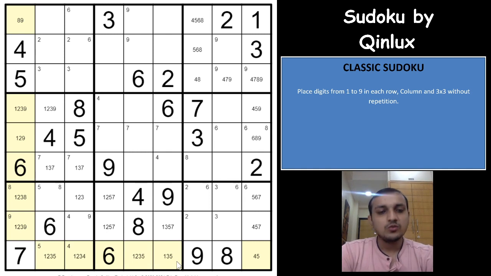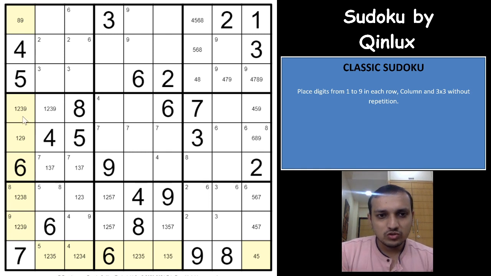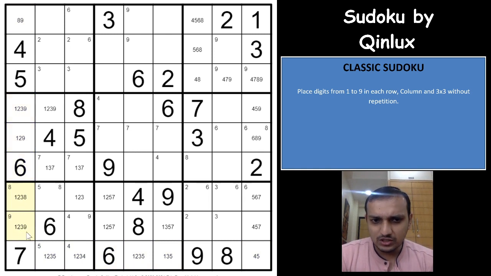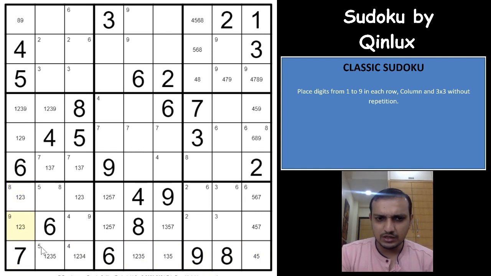Wow, guys, what an excellent logic this is. So 1 2 3 would have to be in these 4 cells, right? And both 1 2 3 cannot be in these two cells, because then this row cannot have 1 2 3. So for example, if I remove 8 and 9 from here, you have 1 2 3 triplet here, and now this row doesn't have enough space for 1 2 3. All of these yellow gets eliminated and you have only 2 cells remaining.